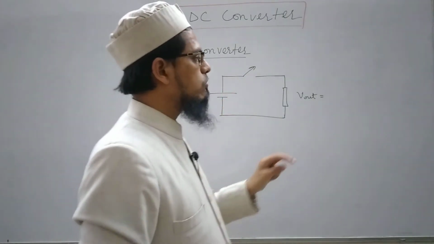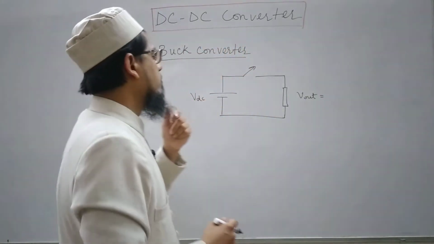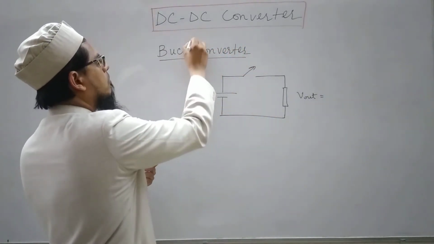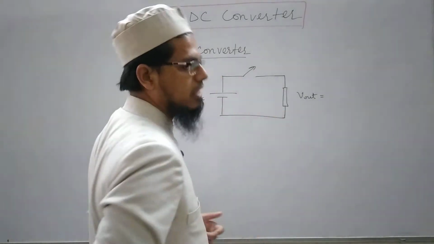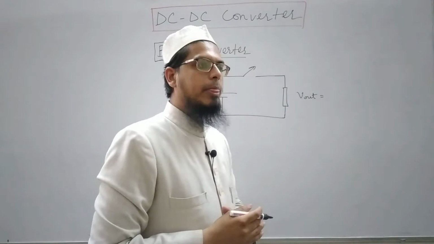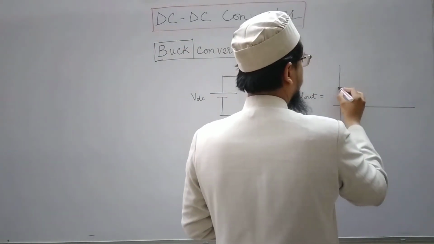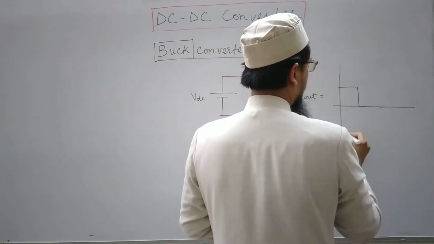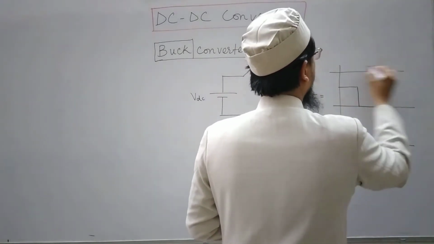So the output voltage would definitely be less than the input voltage. Here we are obtaining what we call buck operation, and we have an ideal buck converter here. But if you see the waveform of the voltage and consequently the current,